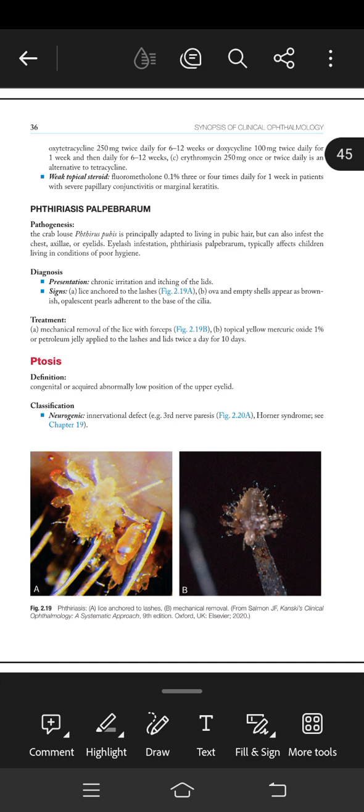Ova and empty shells appear as brownish opalescent pearls adherent to the base of the cilia, and treatment is mechanical removal of the lice with forceps. Topical yellow mercuric oxide 1% in petroleum jelly can be applied to the lashes and lids twice daily for 10 days. That's all for the